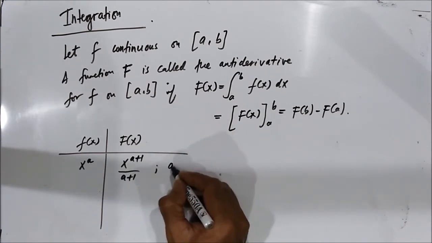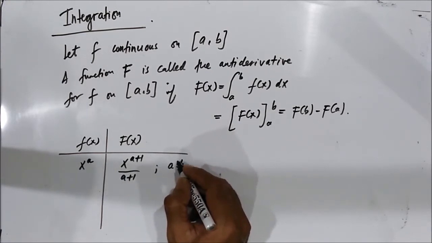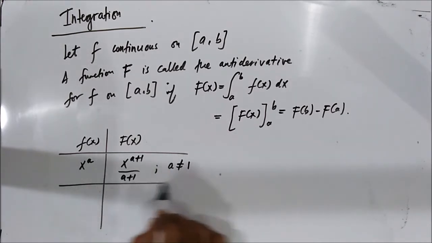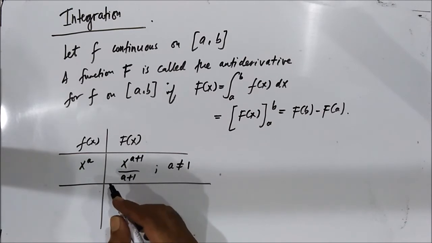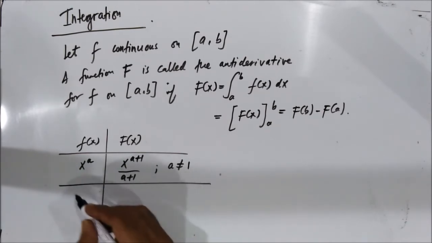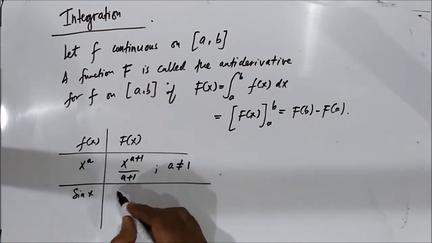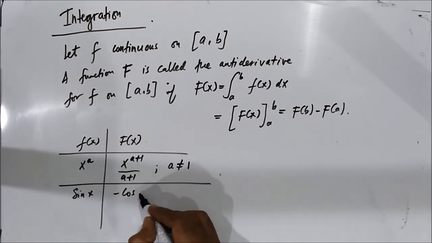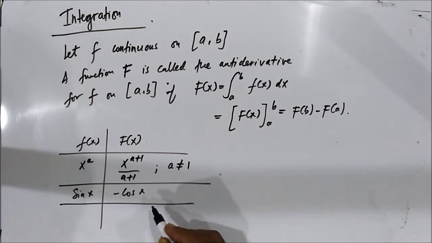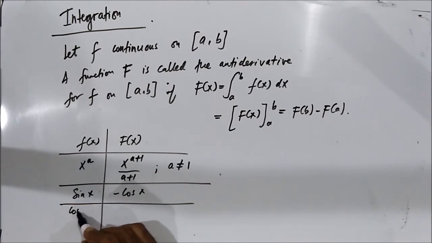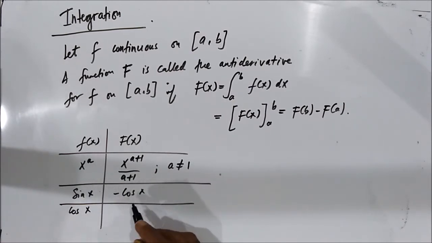So a cannot be equal to 1. Okay. Now, in trigonometry, the integration of sine x is equal to negative cos x. Now, the integration of cos x is equal to sine x,